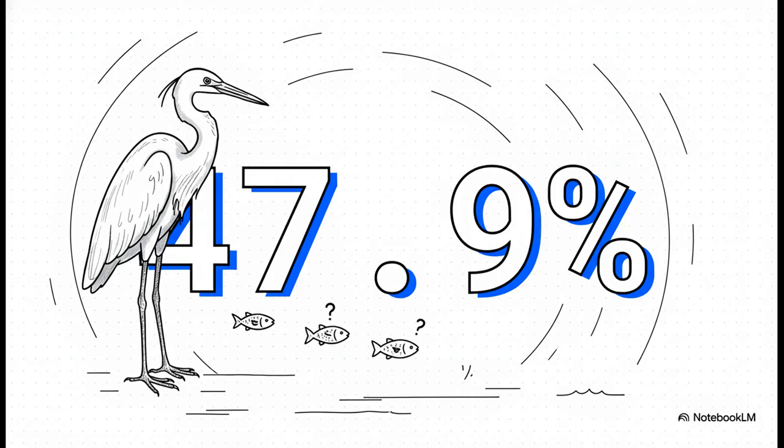So what does being a patient egret actually look like in a real portfolio? Well, it looks like this. Almost 48% in cash as of October 2025. Now here's the key thing to understand. This is not them predicting a market crash. It's simply the result of their strict process. The egret just isn't seeing enough fish that meet its high standards at the right price, so it waits. Of course, holding that much cash has its own risk. You could miss out on a rally, but for them, that's a risk they're willing to take to avoid overpaying.